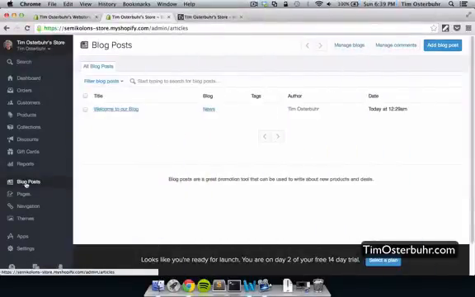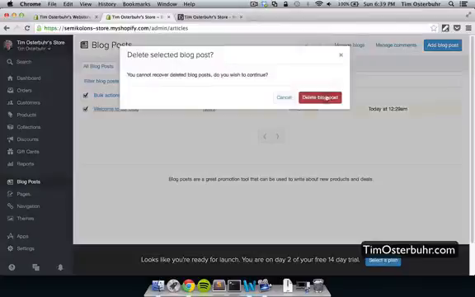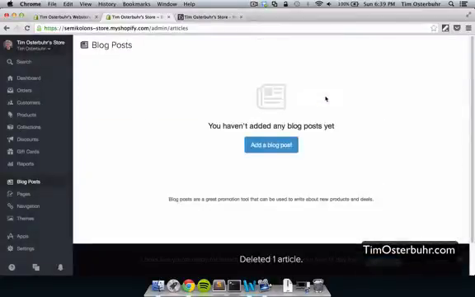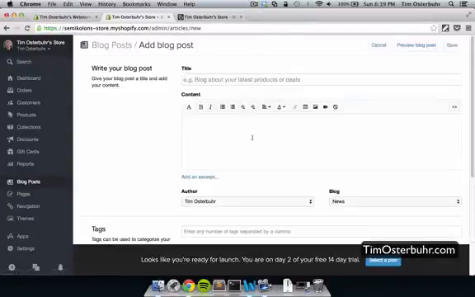Next, I want to show you how you can create and add blog postings to your website. So you click on blog posts, and by default there is an entry already. Yours might have a different name. I just go ahead and delete this blog post because I don't want it in my store, and now the page should look like this. So we click on add a blog post,